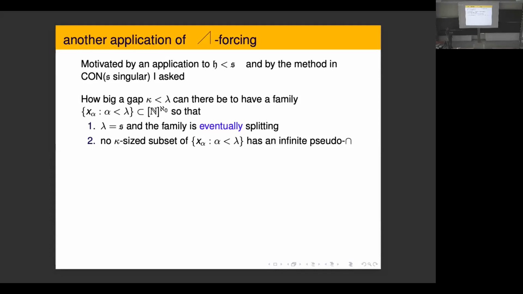And if so, how big of a gap can you get? Why I dreamt of this is because of a game approach to splitting, getting H less than S. With this methodology, I could get a gap of 1, kappa and lambda equal kappa plus. It seems a very weird property, but